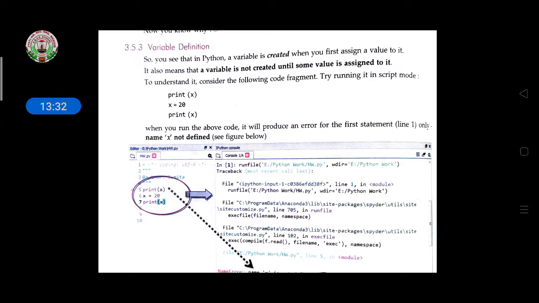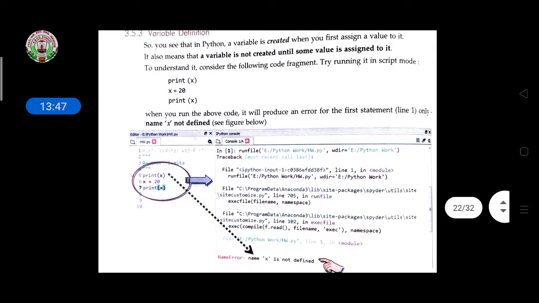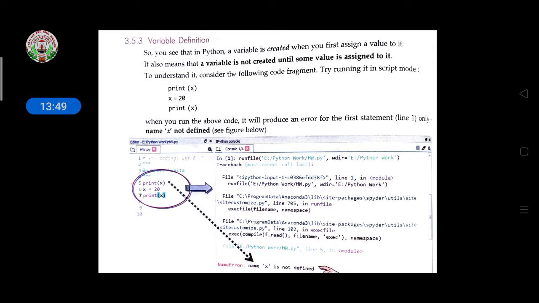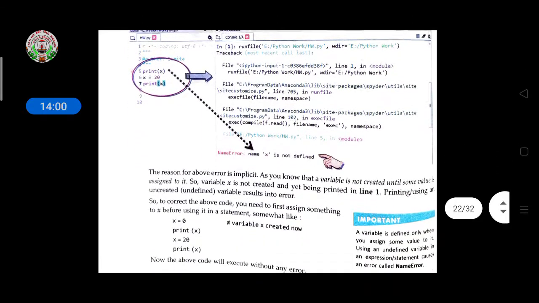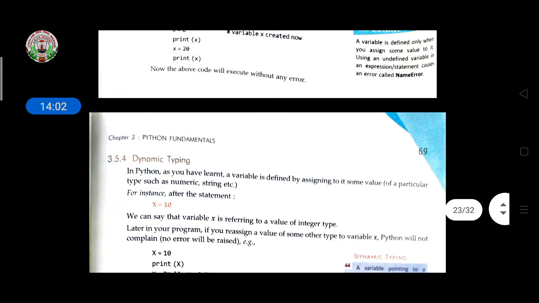Print means the print function is used to print the output, or to print what we have written inside the brackets. So in the first line, print x, the value is not given, so it will not show any output, it will show an error. Then in the next line x equal to 20 is given, and then in the third line print x is given. So at the third line print x, the x value is 20, as written above, so the value 20 will be displayed as output.